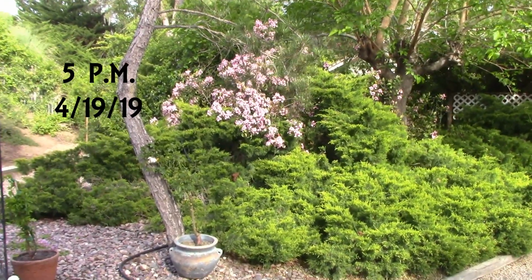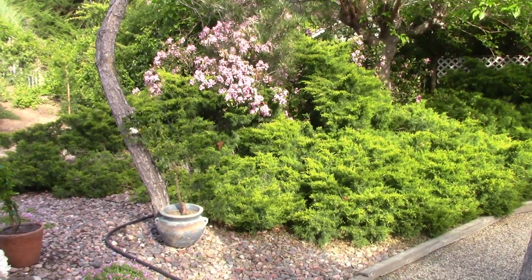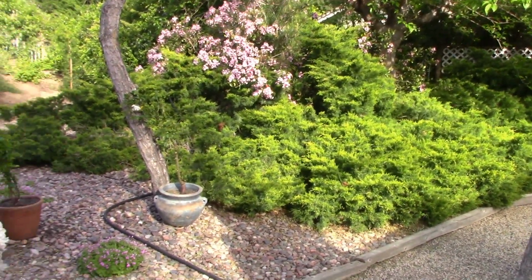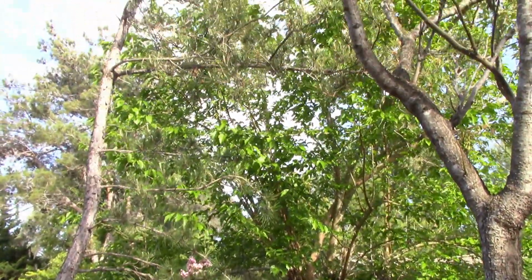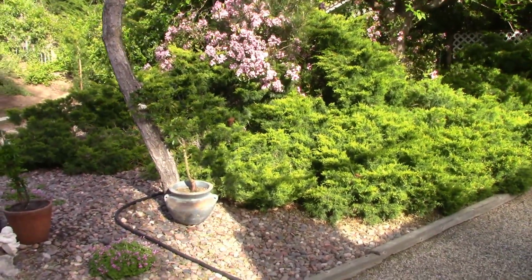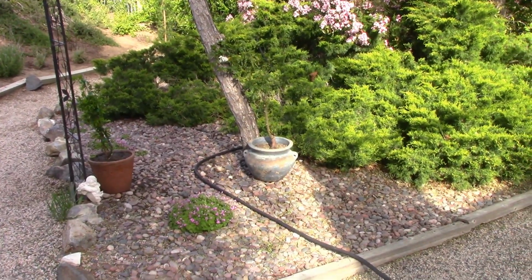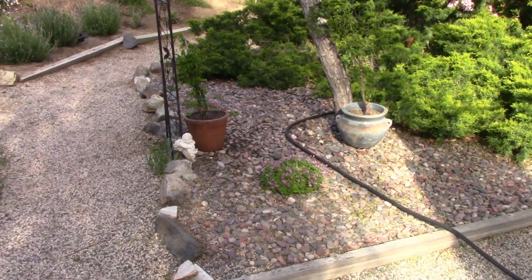The pink there is Raphiolepis, and it's just beautiful. It's a shrub here that does very well in the dry heat, and it's currently in bloom. And there on the Japanese black pine, which is quite tall, we've got a climbing white iceberg rose that we just put there. We've got a new Carolina jasmine vine planted on the base of the arbor, and then there's